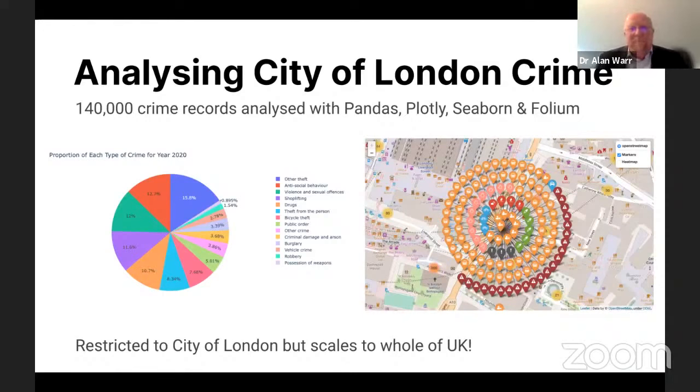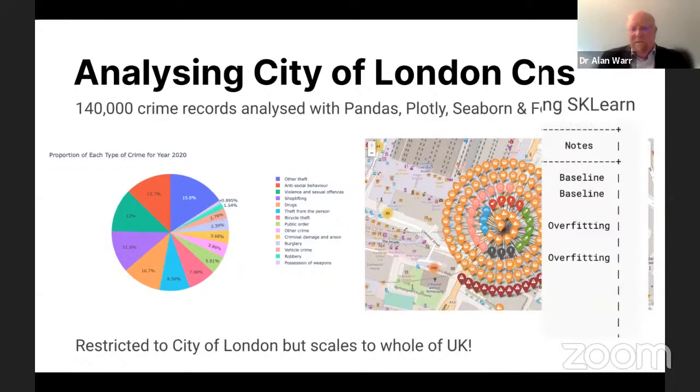The project itself is constrained to about 140,000 crime records by focusing in on the City of London, but it extends really easily to cover the whole of the UK and a 10-year period. The third